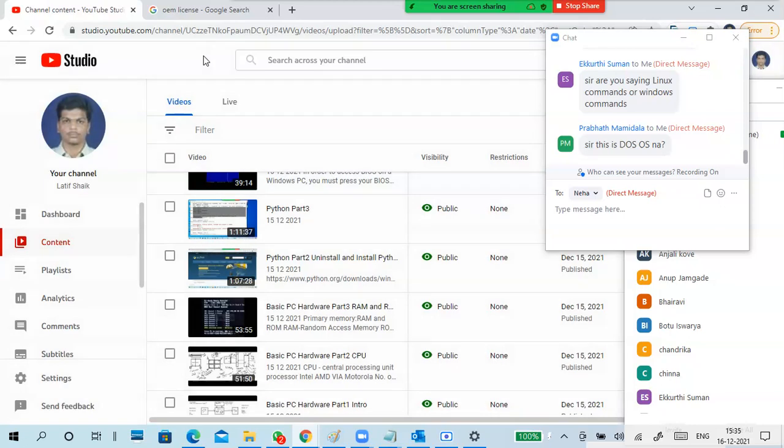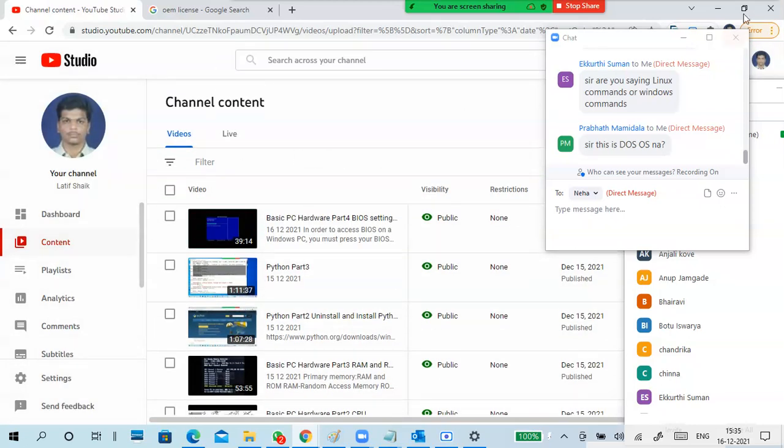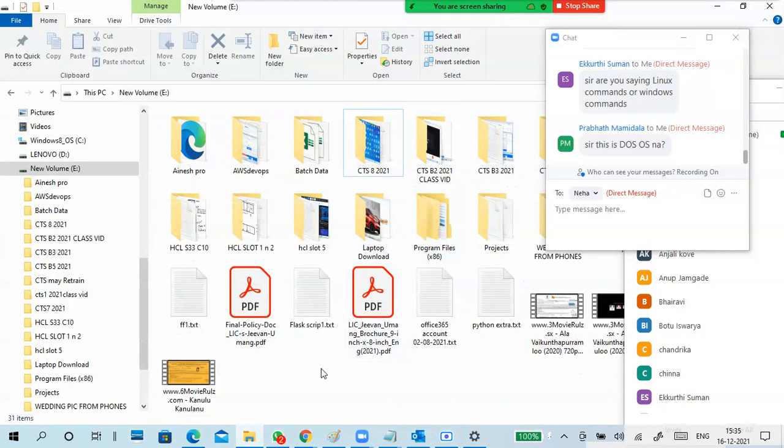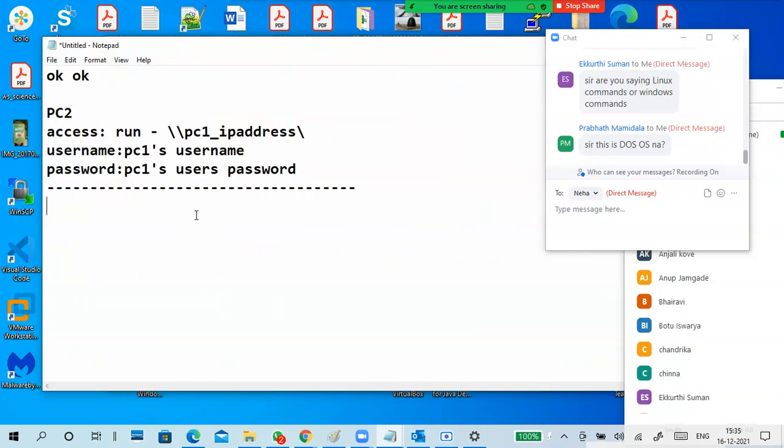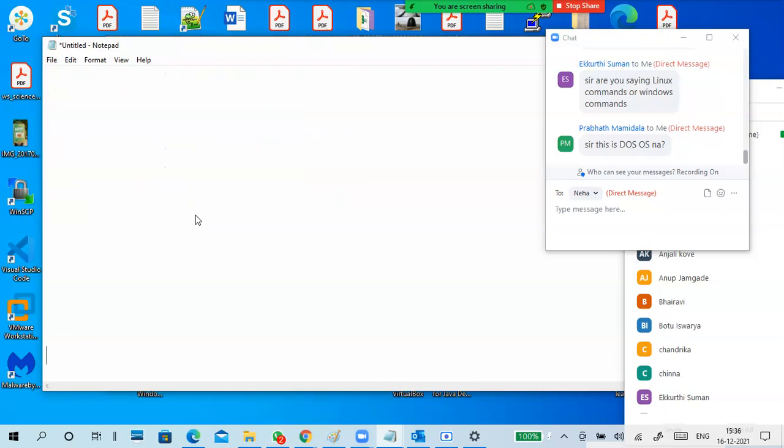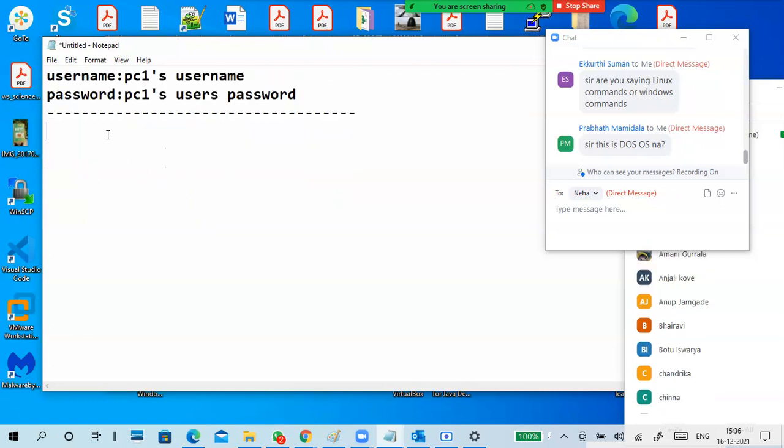So, how to access if you are not done or not complete, because we need two systems, right? If you have 4 GB RAM and cannot run two Windows 10 machines, you can access your physical machine from Windows 10 as well. There are possibilities. A lot of guidance is required, and a lot of patience is required to teach as well as to learn. If you make mistakes, it is very difficult to correct.